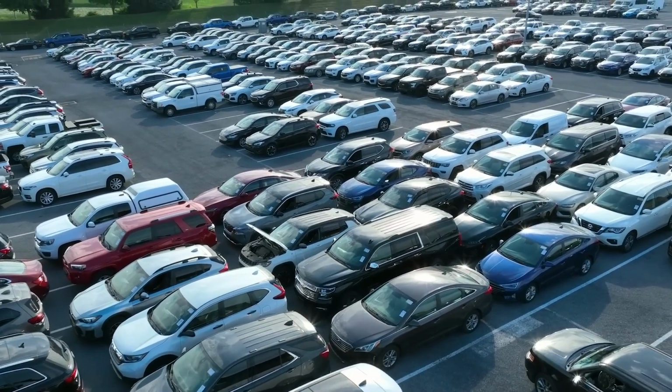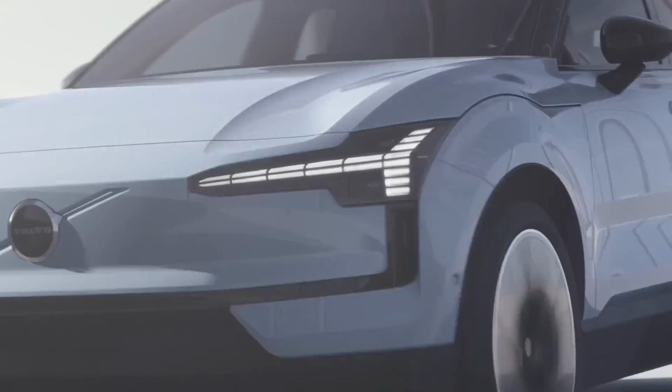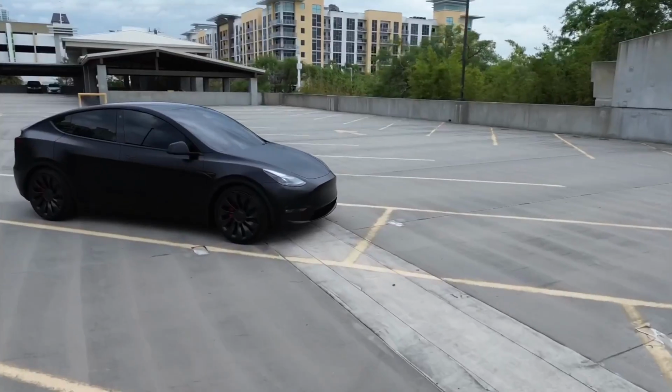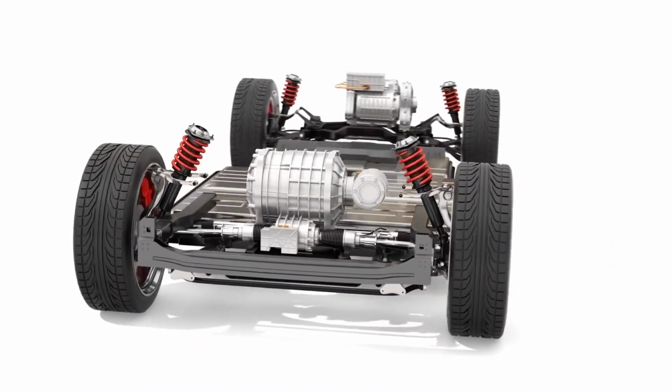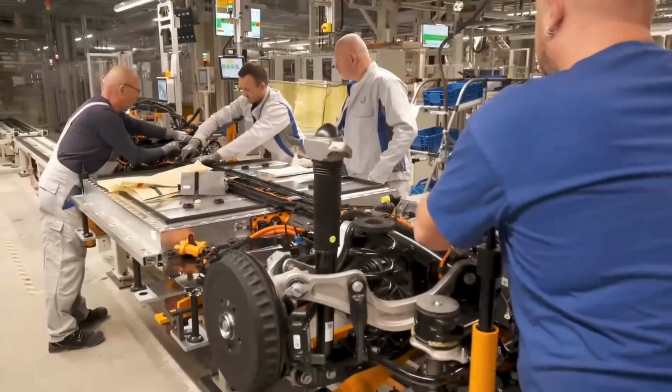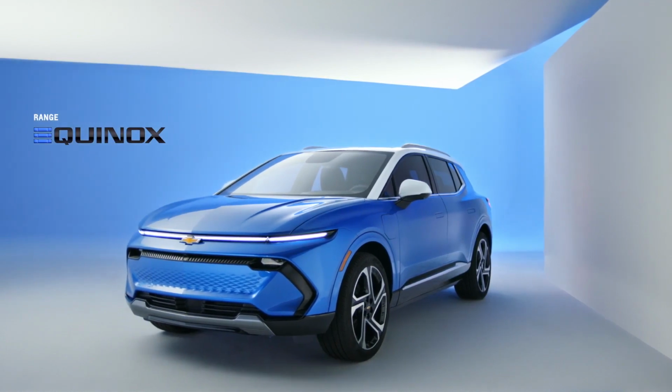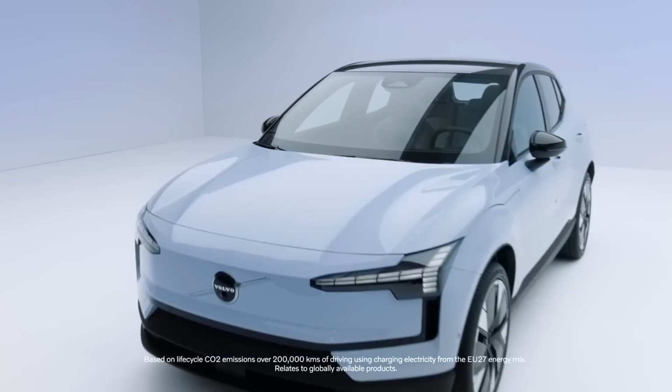SUVs are the US's best-selling vehicles, and EVs are following suit. The Tesla Model Y is the world's best-selling automobile, and as electric battery and motor tech improve, more cheap models are entering the market. Not content on being left behind, Chevrolet and Volvo have both revealed entry-level SUVs set to